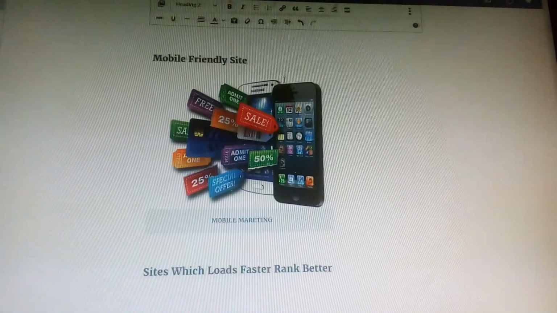Another factor which contributes towards increasing ranking in search results is having a mobile friendly site. Since 50% of the traffic comes through mobile devices, it has become necessary for a site to be mobile optimized.